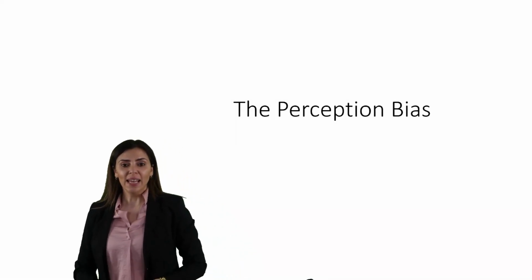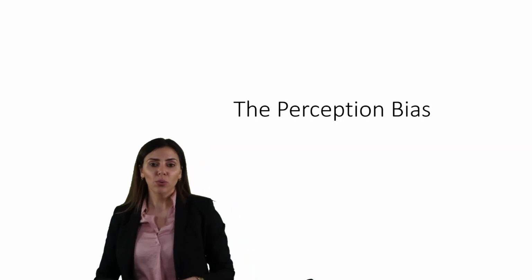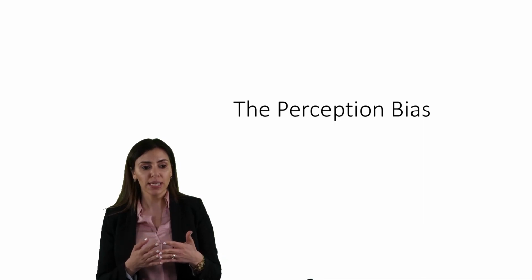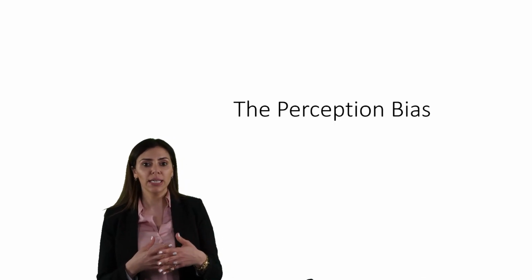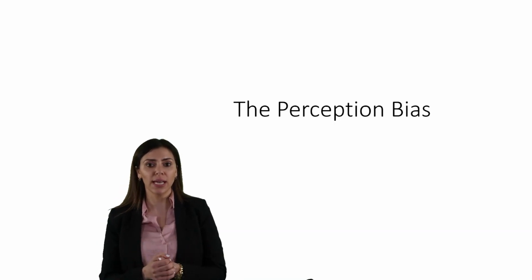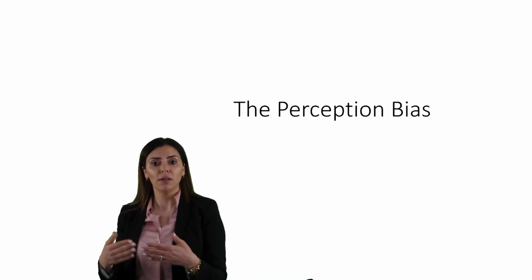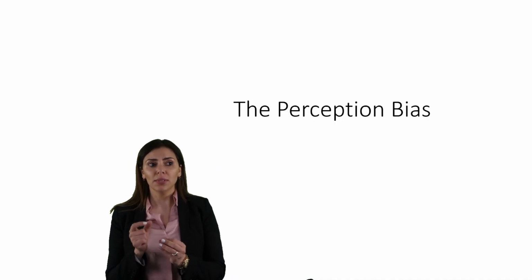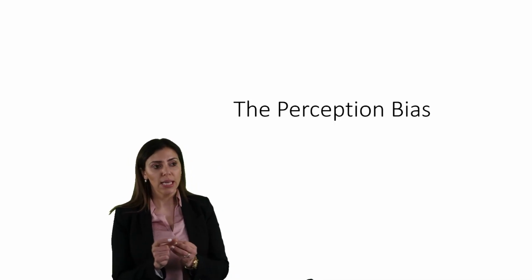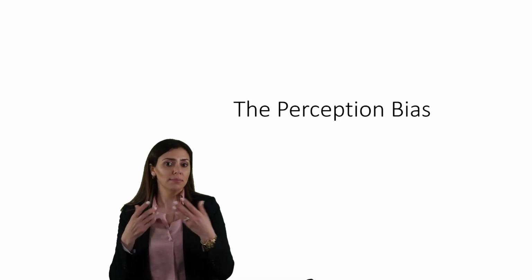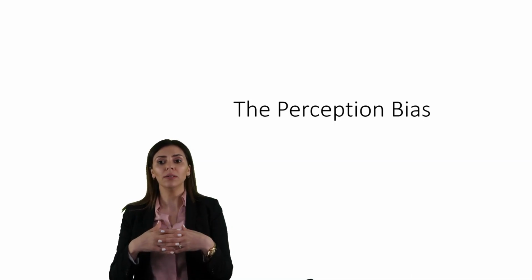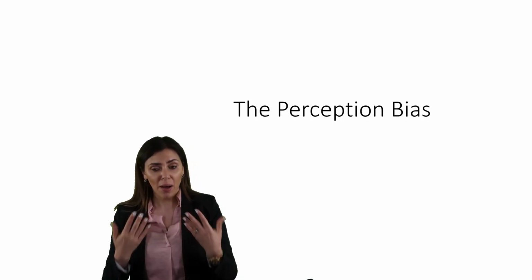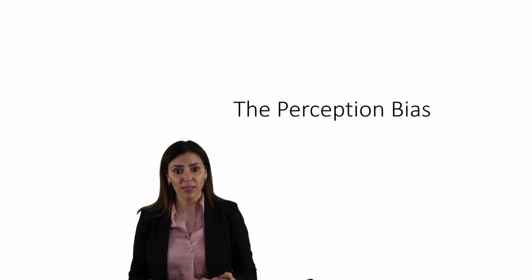Hello. In the second lecture, The Perception Bias, we discussed together how behavioral finance could help us understand some of the behavior while we're taking decisions that we can't understand under the predicates of conventional finance. In the second lecture, we concentrated on the perception bias, and that is the bias we tend to make when we perceive the information on which we base our decisions. That is then a bias that happens even before we take our decision.